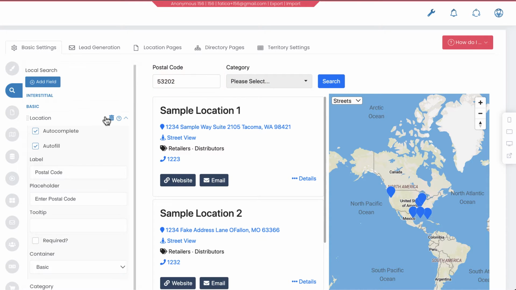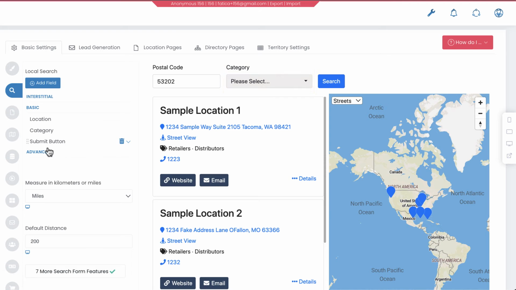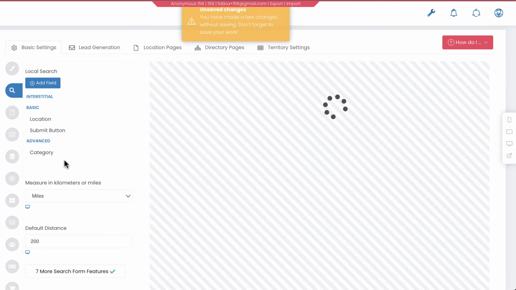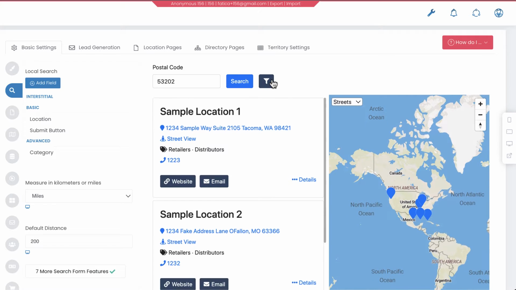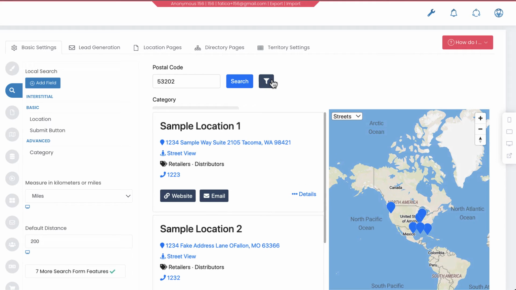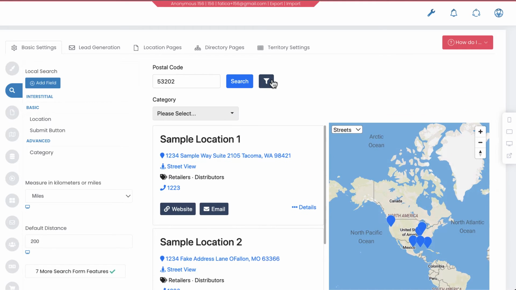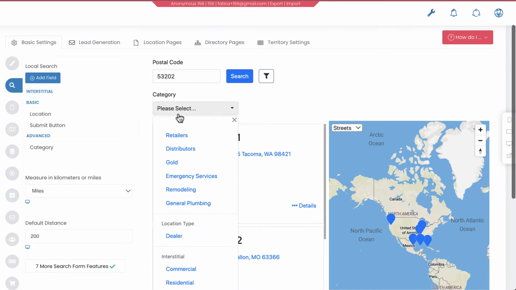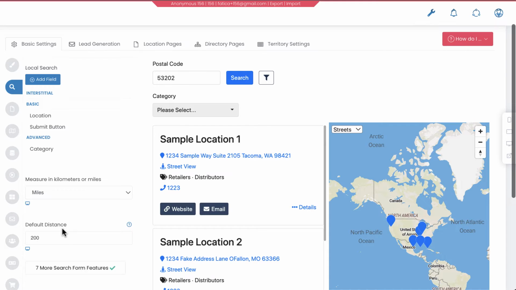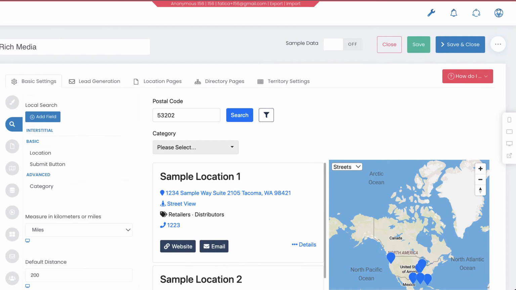We're not going to talk about interstitial yet, but if there's any search input in the advanced container as determined by dragging it and dropping it, you'll see this little guy, which allows you to create effectively an advanced search area that is hidden by default, but that allows the user to have this area where there are secondary search controls. So after that little detour into locations and the advanced search, let's go back to